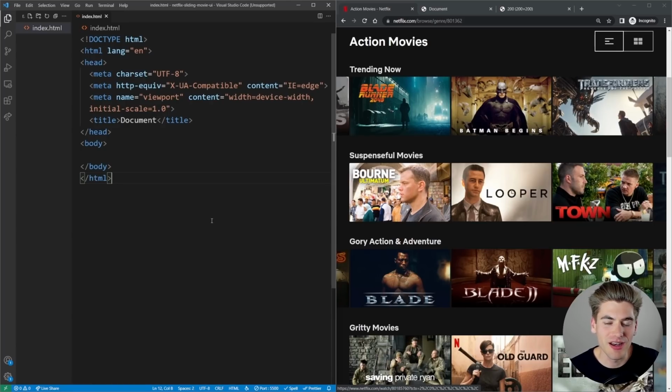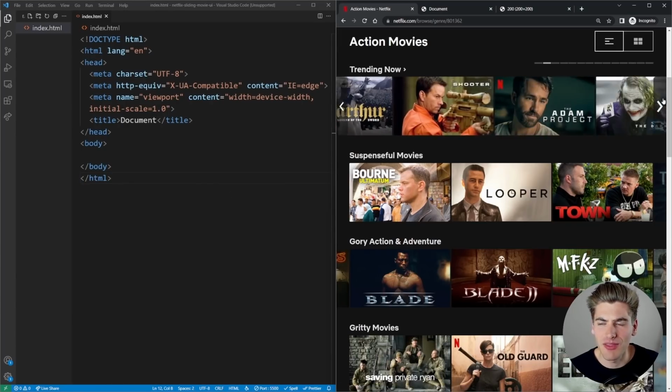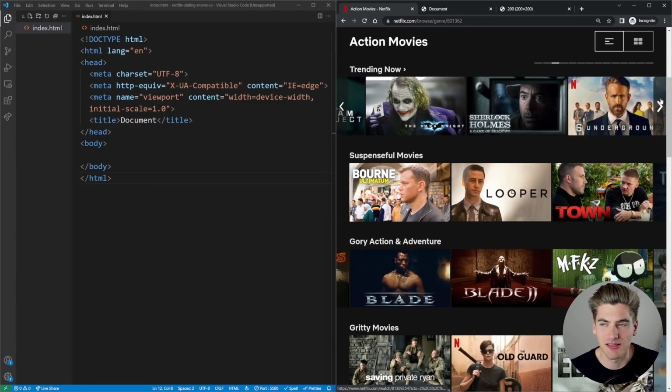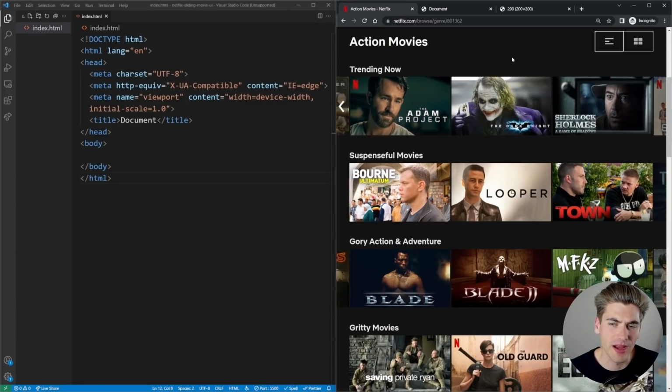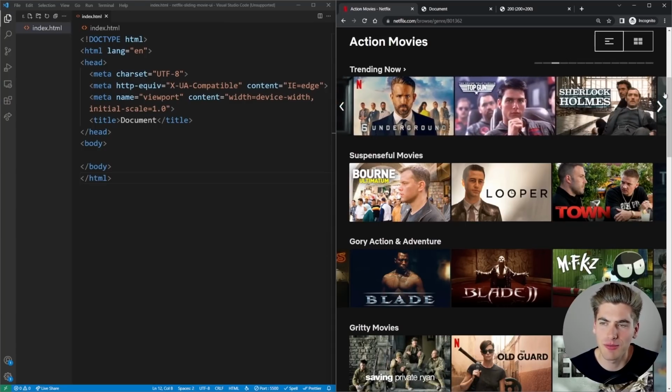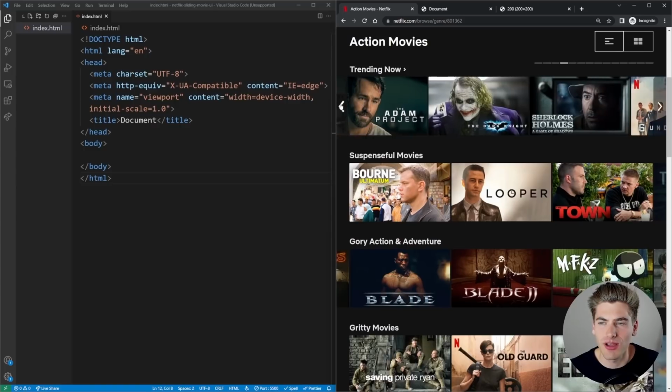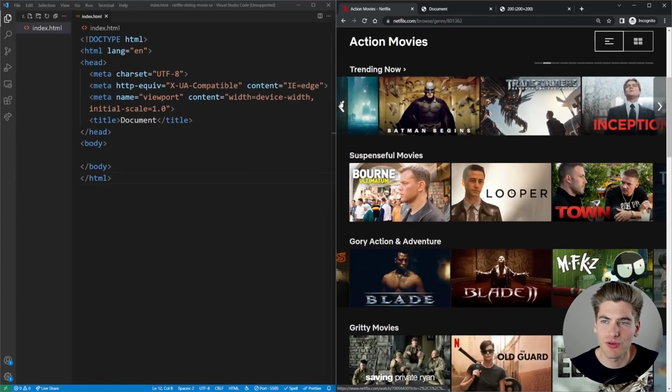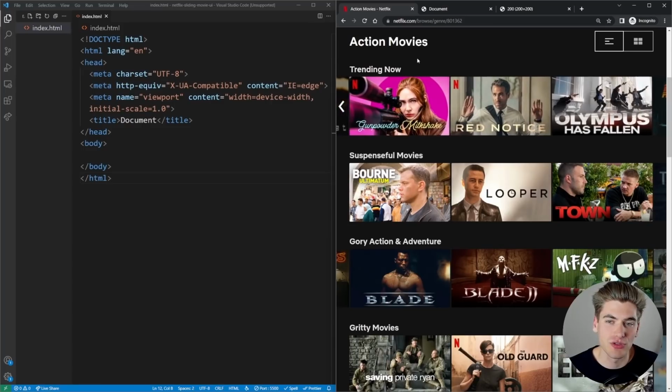My job is to simplify the web for you so you can start building your dream projects sooner. And in this video, I'm going to be showing you how to create this Netflix-inspired slider UI. This slider UI is super nice because it has these arrows on the left and right, which move you back and forth by 100% essentially. It has this section at the top that tells you how many videos are left or how many tabs are left inside of this. And if you get to the very end or beginning of the list, it's just going to cycle back in an endless loop, which is really useful.